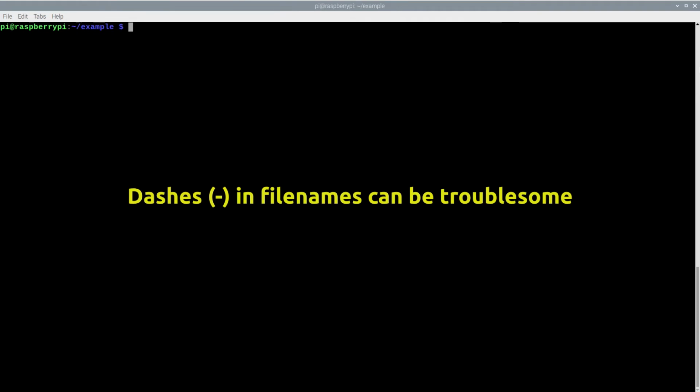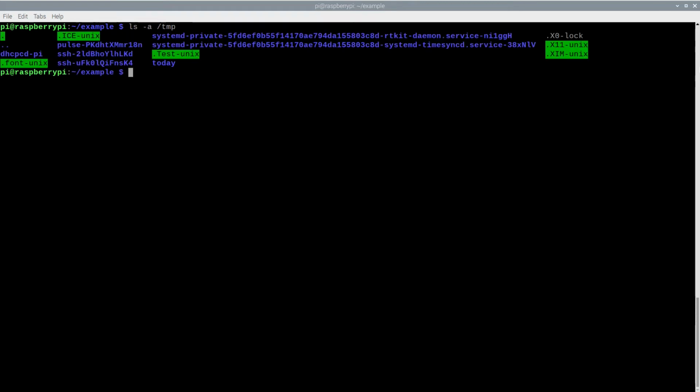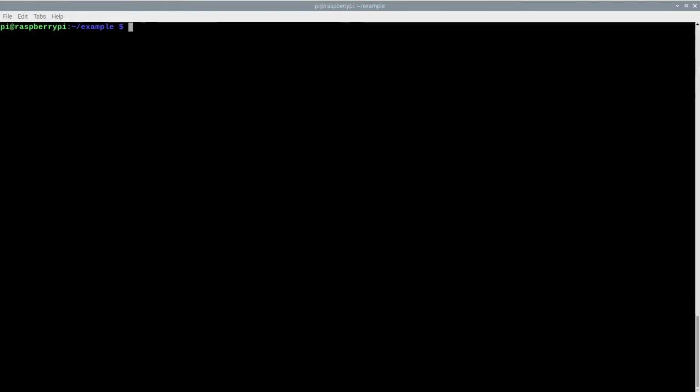Some users use the dash in file names, possibly in place of a space. The dash is special to commands where it is used to indicate a command option. For example, when I use the -a option with ls to see all files. The dash indicates a command option only if it appears at the beginning of a command line token. Otherwise, it is not special. For example, here are some directories with dashes in their name. Both directories were created without any issue, and they can be used without any special handling.